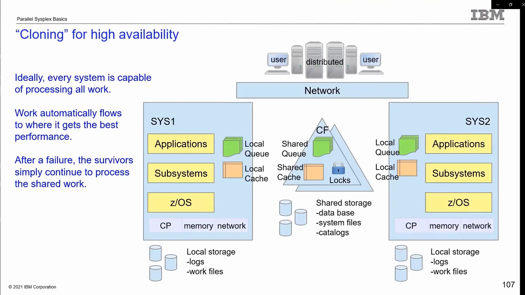When work comes into my Sysplex, it can flow into the coupling facility so that every system has access to it. One system can pick up that work, but if that one system goes down, another system can seamlessly pick up that work. Of course, maybe there are some in-flight transactions that need some recovery, but in general, I still have high availability. New work coming into the system can still be processed by the remaining systems that are all clones